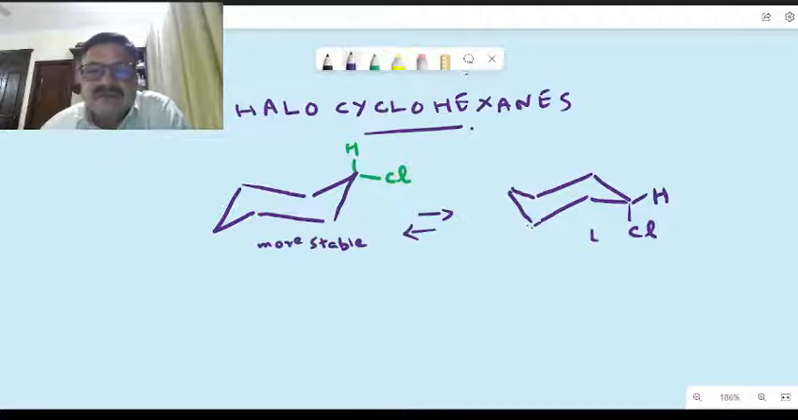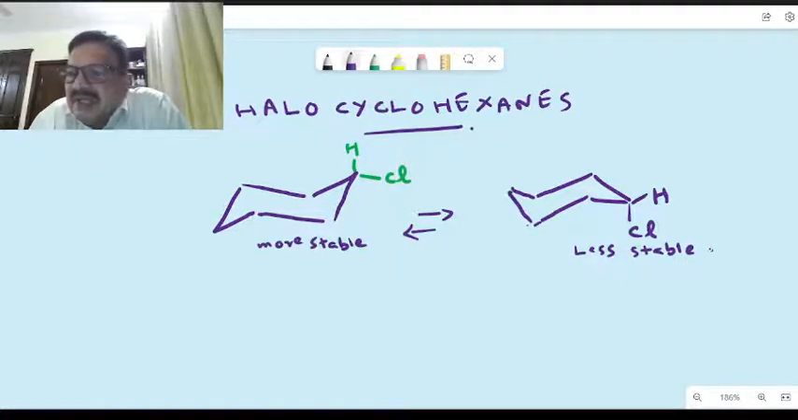Why? Because the chlorine substituent is in the axial position. So more stable and less stable. The chlorine in the equatorial position is the preferred conformation, rather than the chlorine in the